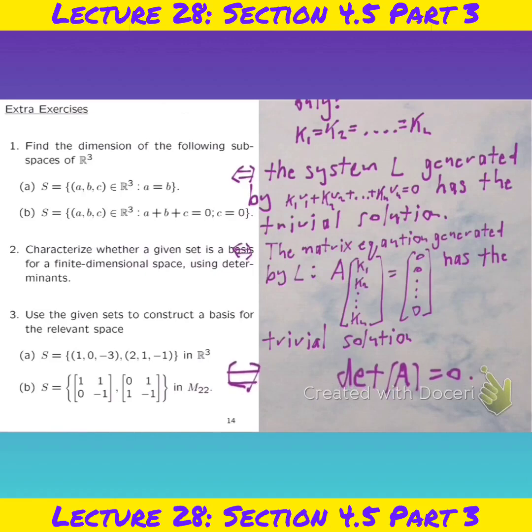All right, and the only way that can happen is if the determinant of A is not equal to 0. So therefore, A is invertible. All right, so that's your characterization. Setting up your matrix equation from your linear system, the linear system that you get from this equation here, the coefficient matrix A needs to be invertible. Then this system here will have the trivial solution only, and that only happens when the determinant of A